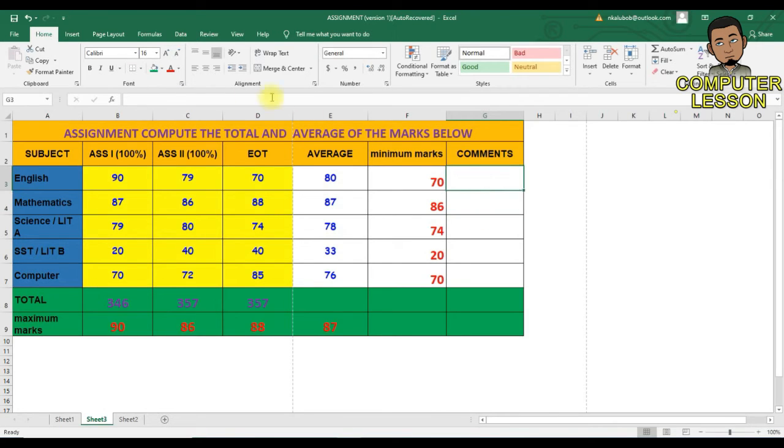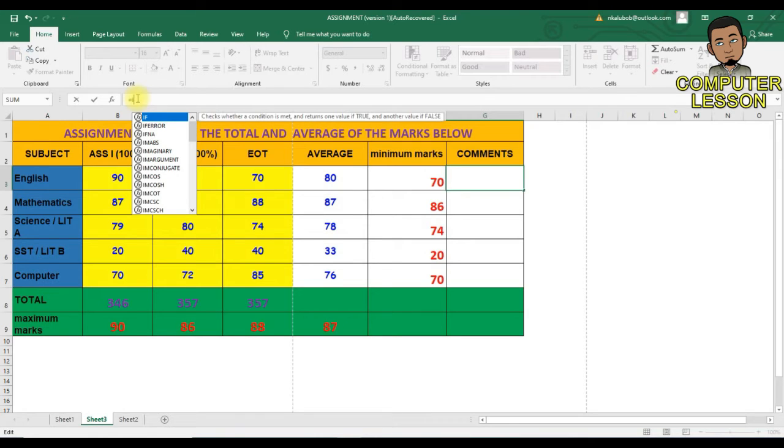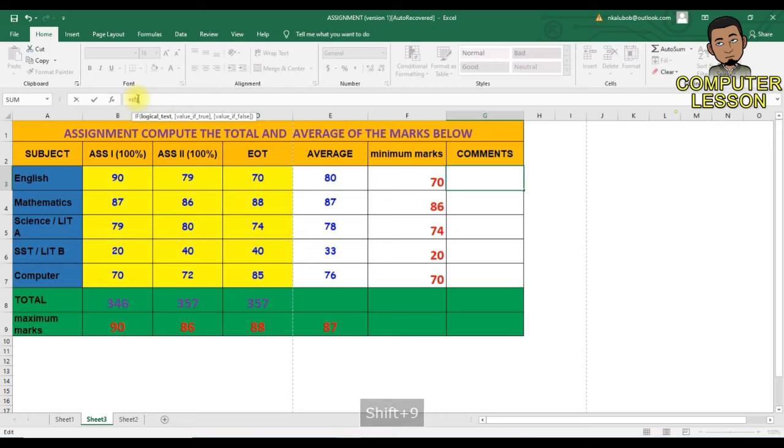Make sure you select the cell where you want your comments to appear, put equal sign, put IF, open brackets, then we are going to check the average.